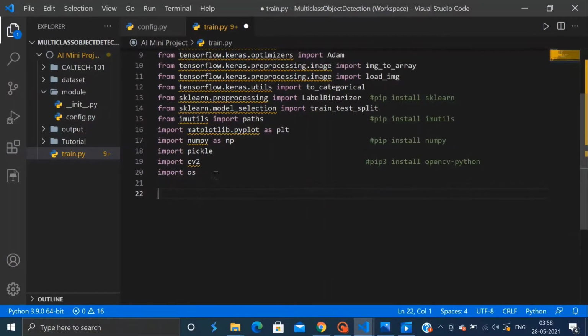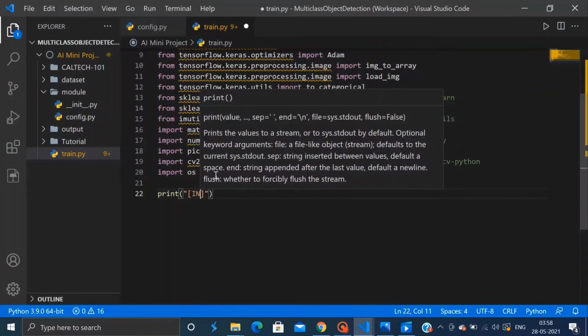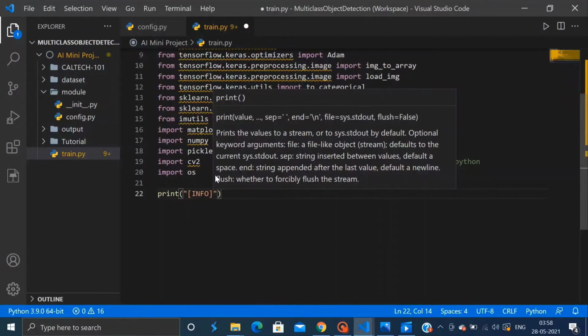So we will start by initializing 4 empty lists which will be associated with our data. Before that, let's print a simple statement that will tell us that our dataset is being loaded.